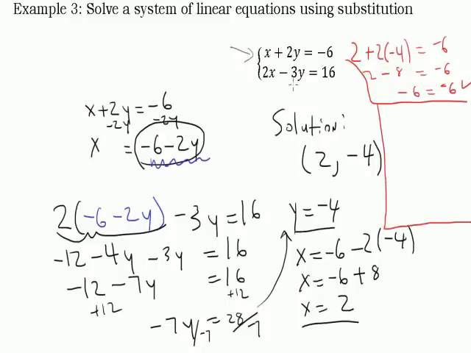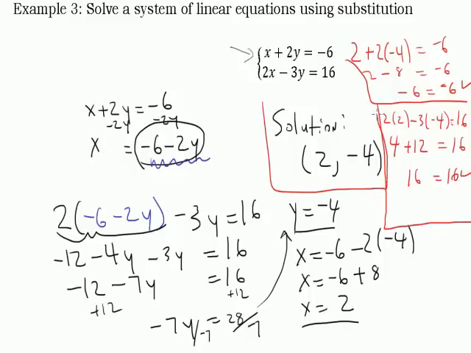Second part of my check, in the second equation: 2 times 2 minus 3 times a negative 4 equals 16. That is what we're trying to determine, whether or not that is true. 2 times 2 is 4, plus 12. Let's see if that equals 16. Looks like it does. This does indeed check. So my solution here should be 2, negative